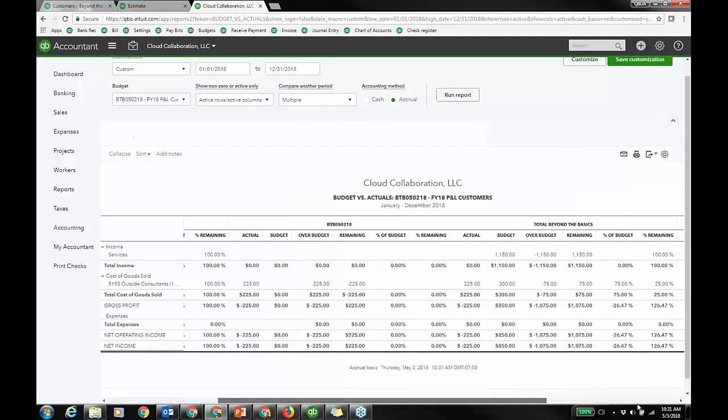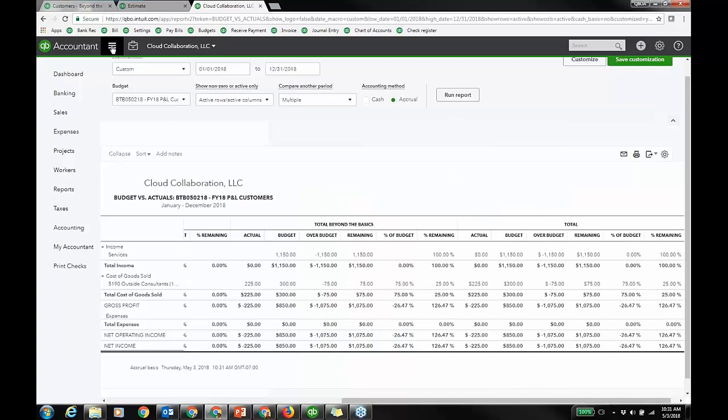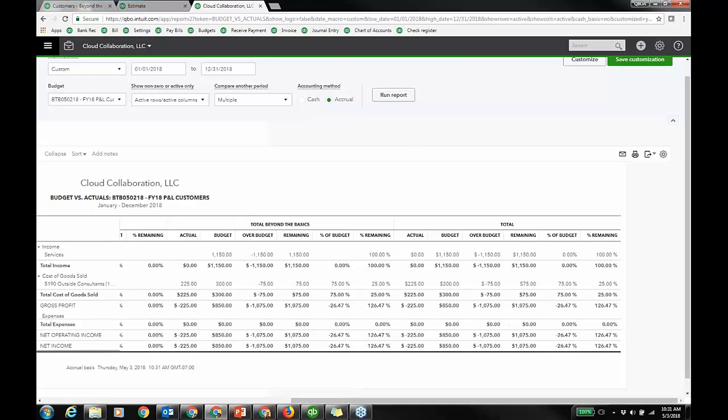You scroll across. If you need more of the left-hand panel, a couple inches more real estate, just click on the little hamburger icon between accountant and the accountant toolbox. Right? So now I have that, and I have my remaining. Very similar to the estimate to actual report within Pro. Okay? Now,